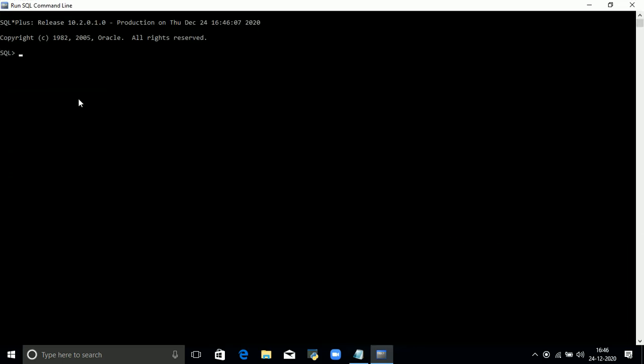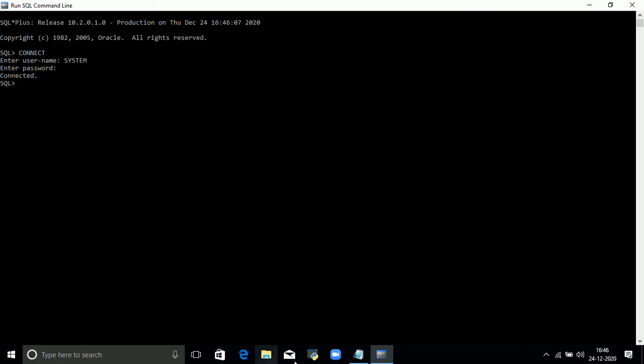Before executing the command, first we have to connect with the database by using the connect keyword. Username is system and the password is also system. So we are connected with the database.